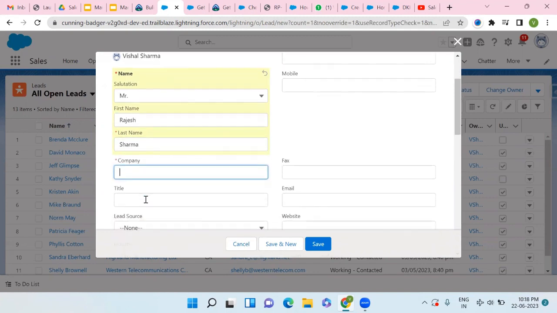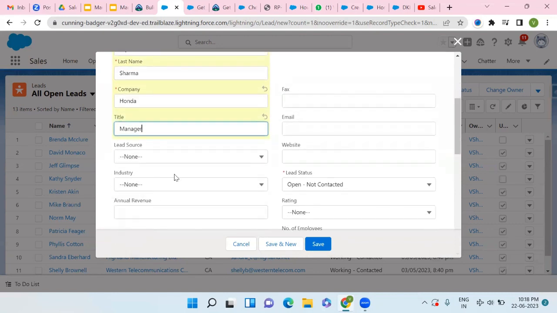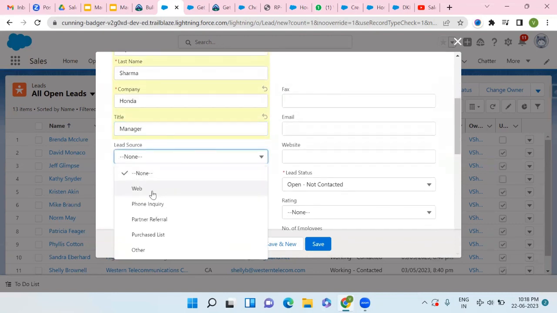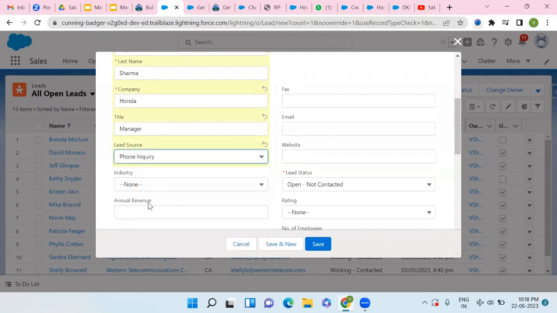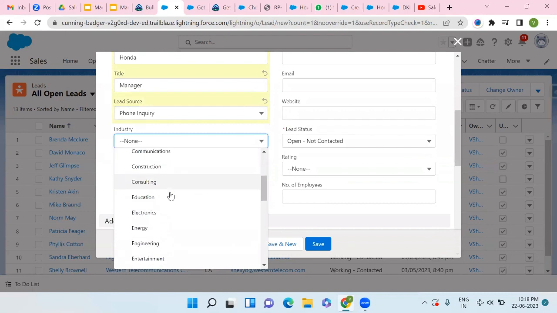Okay, company would be Honda. Title: manager. Lead source, we have phone inquiry, anything, and which industry it belongs to,